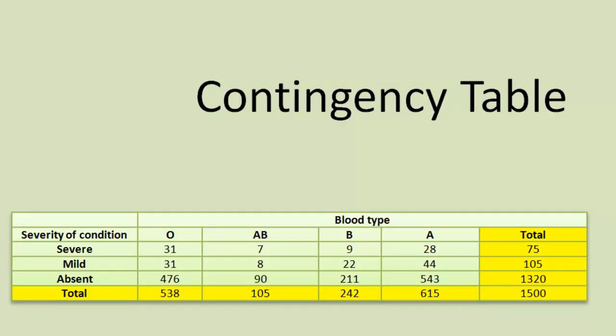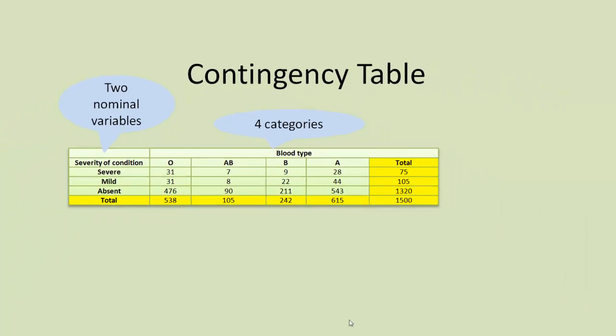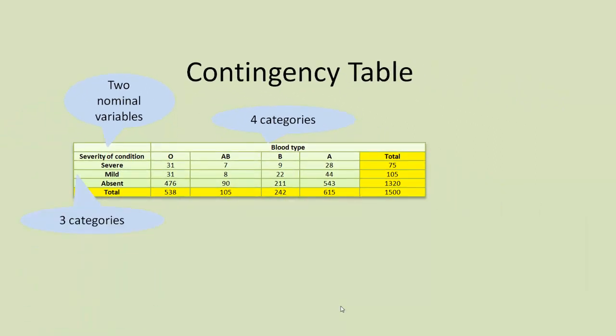Here's an example of a contingency table. We have two nominal variables here. First, blood group O, AB, B and A, and also another nominal variable called severity of condition. The condition is either severe, mild or absent. You might class that as an ordinal variable, but in this instance, for this analysis, we're classing it as nominal data. So we have four categories in our blood type variable, and we have three categories in our severity of